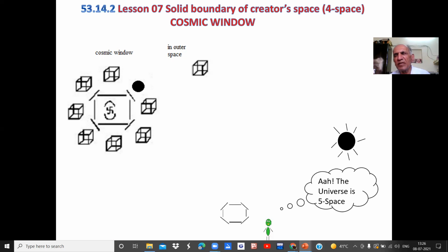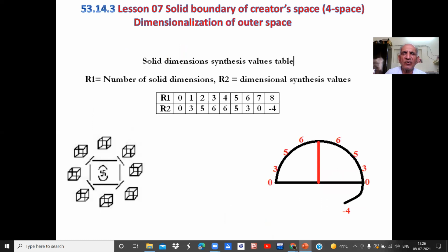It is a very blissful exercise. One shall sit comfortably and permit the transcending mind to melt away the conditioning because of the four space. One shall be parallel with the takeoff of a solid boundary component from the boundary of four space and be parallel with the phenomenon of dimensionalization of the outer space as a five space, as a solid order space. This way, there will be as many as 8 cosmic windows.